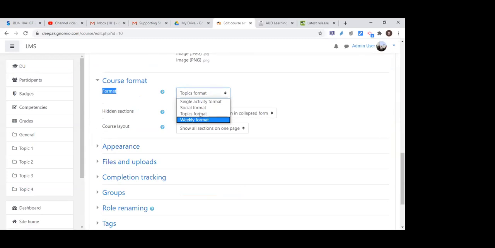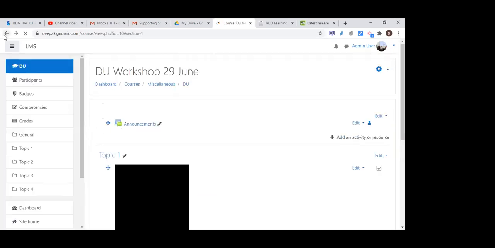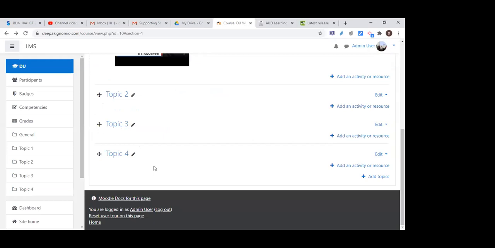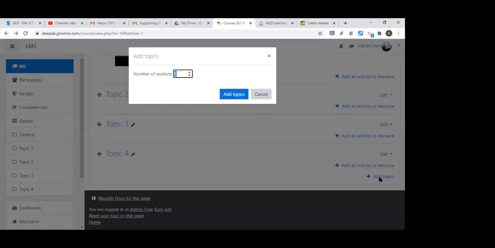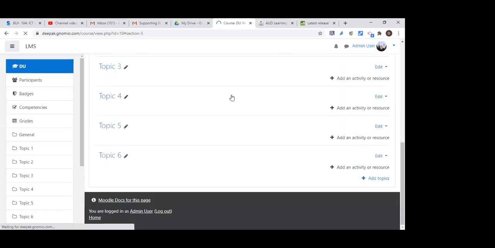Here by default I pick topic, and you can see it's showing topic 1, 2, 3, 4. If you need more than 4 or 5, at the bottom of the page here is the option add topic. How many topics do I need to add? Let's say 2 more. Add topic. Now see 5 and 6.